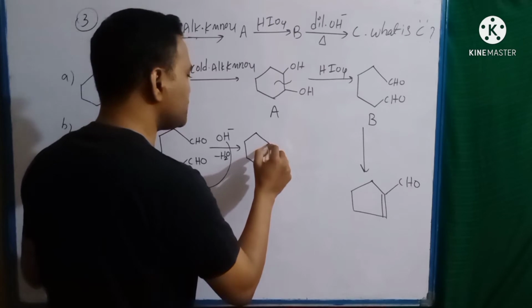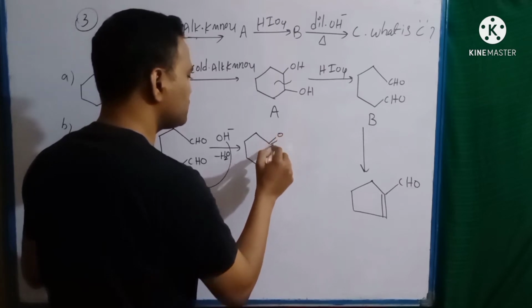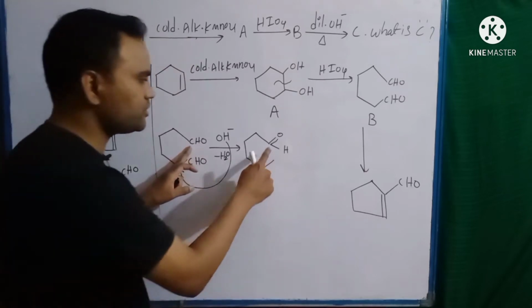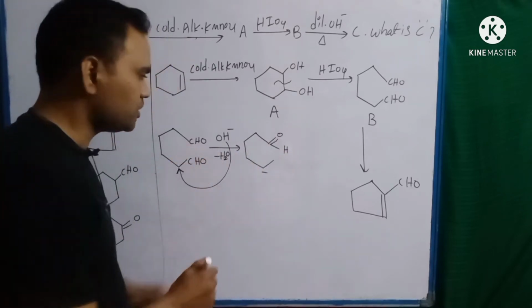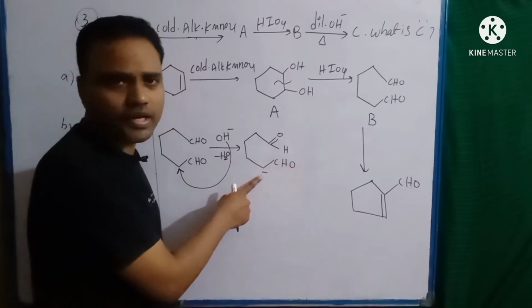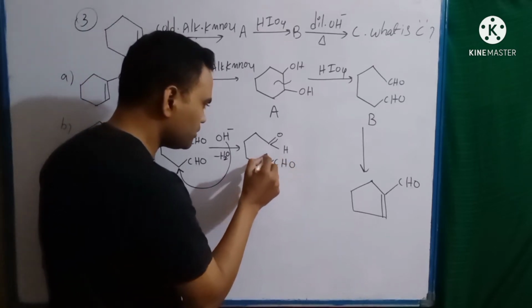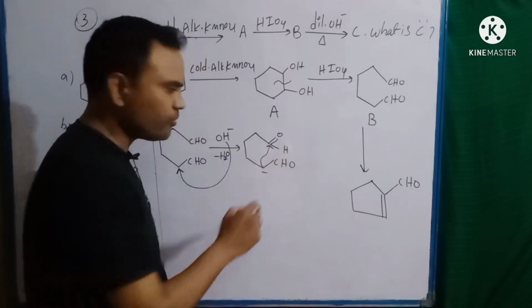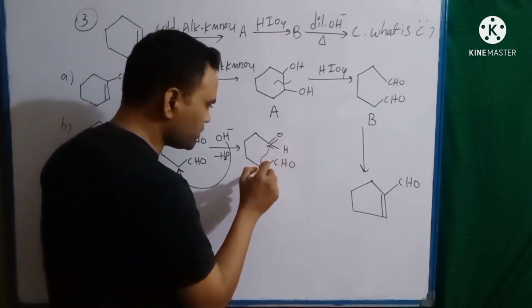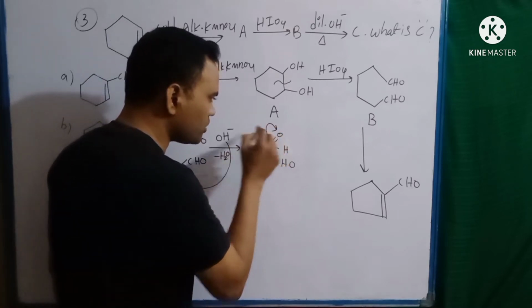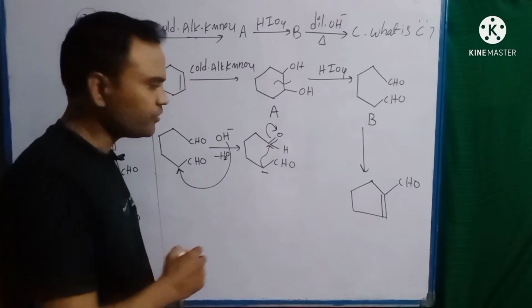Here I am writing the aldehyde like this, C double bond O H. And in the next step, the formed carbanion attacks the carbonyl carbon of the second aldehydic group. This negative charge will attack this carbonyl carbon, and this bond will shift towards the oxygen atom